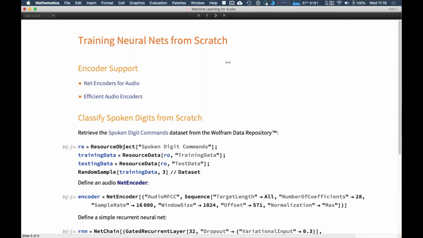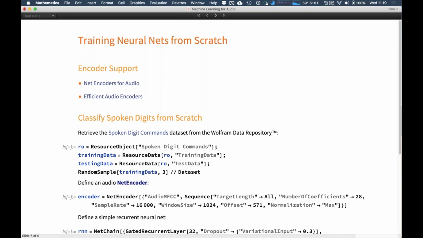So the main issue with audio neural networks is how to inject an audio object in a neural net. It has a lot of information. First, it's huge. It has millions of data points. Second, it has timing information like the sample rate. So how do we inject this information into a neural net?